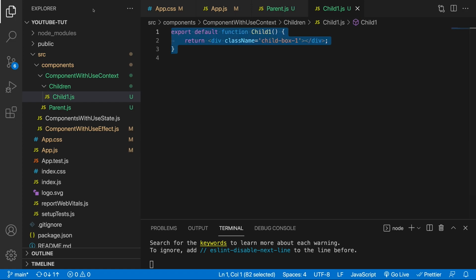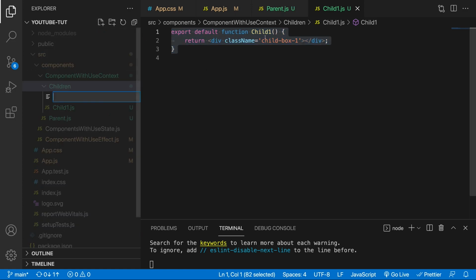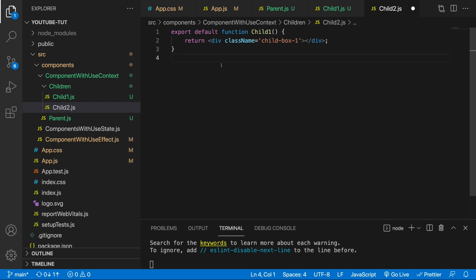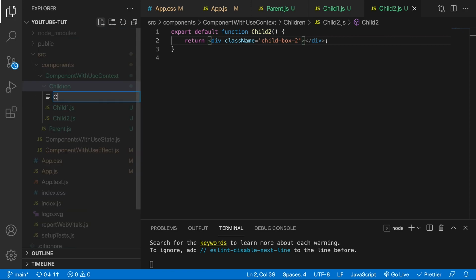Okay, so that's the first child, and that's really pretty much all we have to do for all the other children. So let's go here and let's create child2.js, and then let's change this to child2, change the styles to child2, save that, and then over here let's create another child,